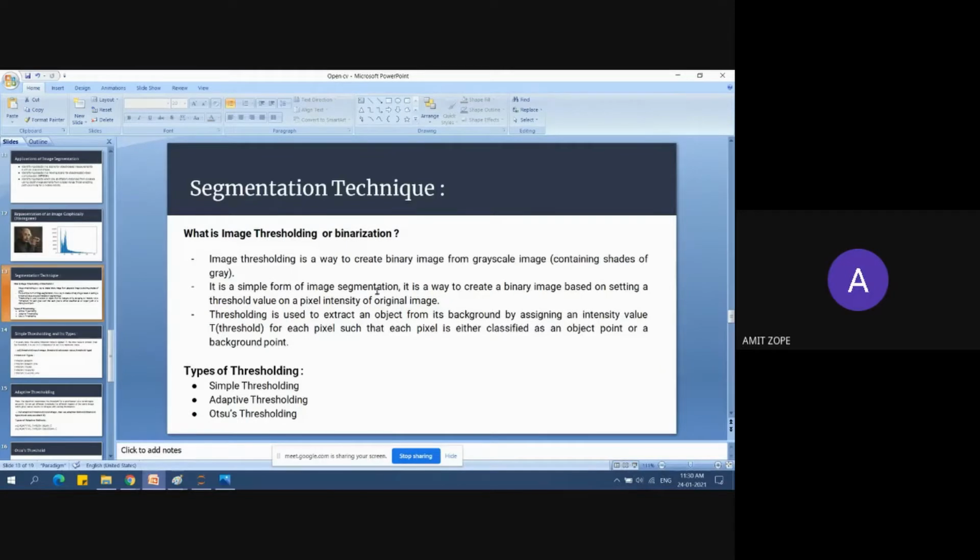Thresholding is used to separate foreground and background, the background images and whatever object we need to extract from this image. For this purpose thresholding is used. Then